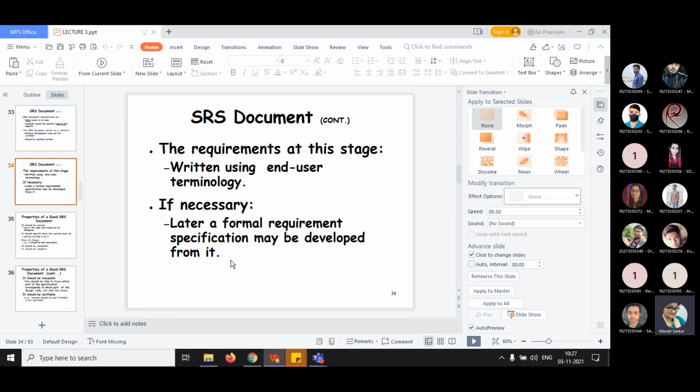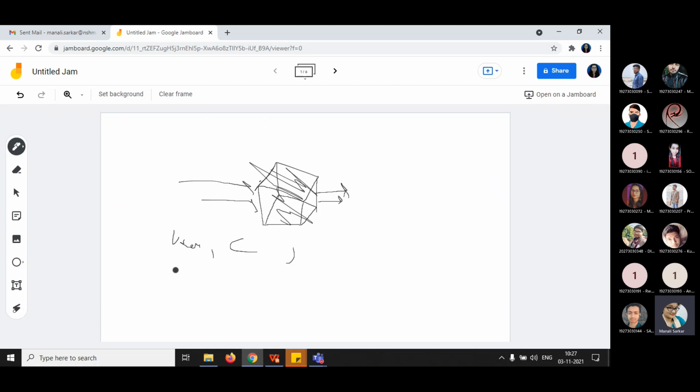Next one is the software developers. Who are software developers? The software developers are the ones who are developing that particular software. They refer to the SRS document to make sure that they are developing exactly what is required by the customer. The software developer cannot manipulate anything. Whatever the customer requires, that only the software developer does. He is not allowed to do any kind of manipulation over the software requirement specification document.